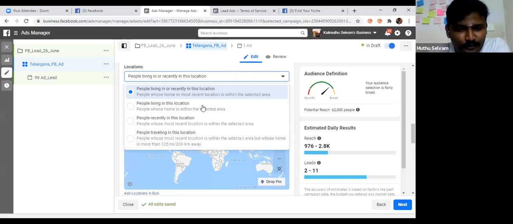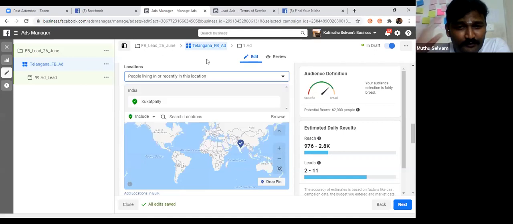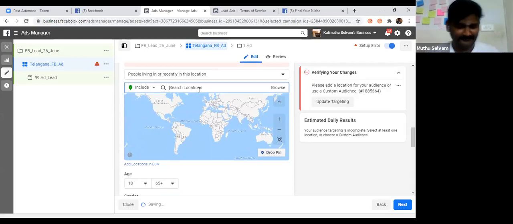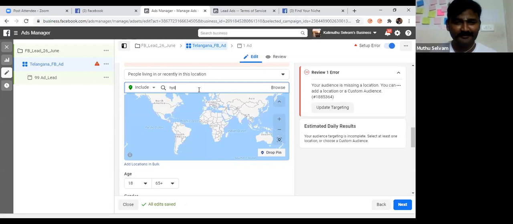So many options are available here. You have to study this option very clearly. Just look and think. Think common sense. That's it. This is not at all technical. Think about common sense. And I am putting it here. Let me check it out. Hyderabad, the whole of Telangana, I just want to run that.